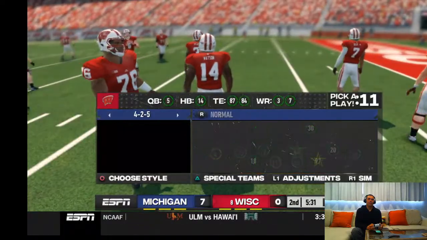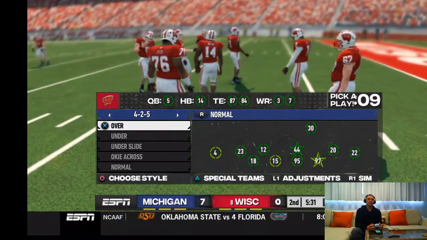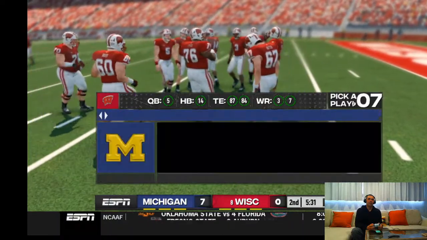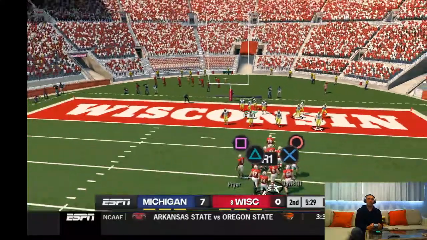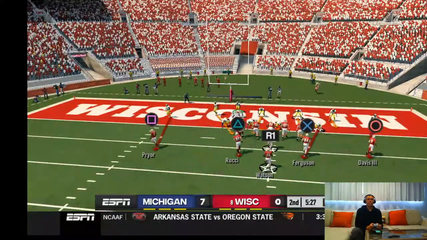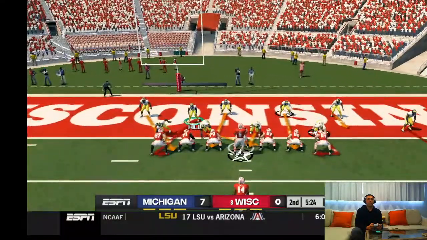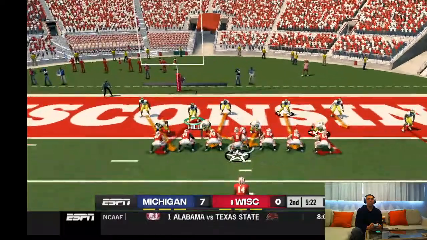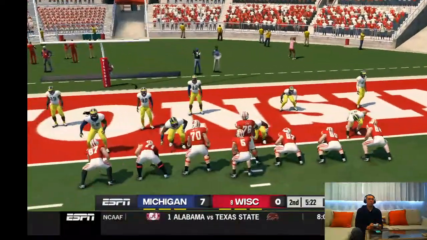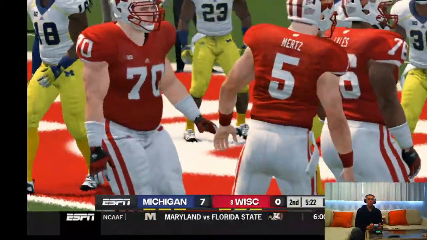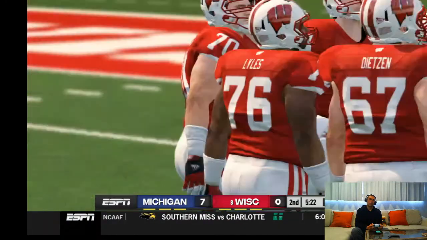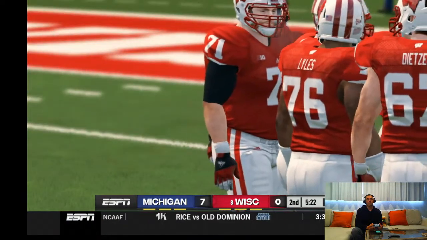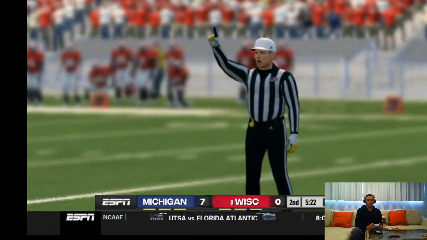All right, defense. We're gonna bring a big blitz here, and they've got their eyes on that goal line. Somebody jumped early down there. False start. Offense. Little stumbles like these can kill your offensive progress. Still first down.